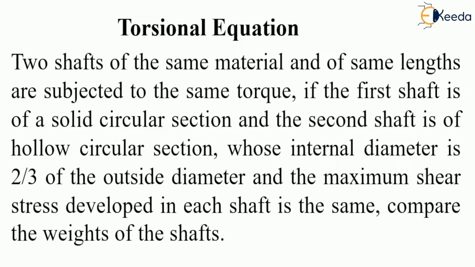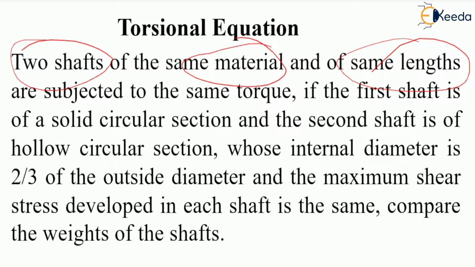So in this question we are given two shafts, one is solid and another is hollow. The same material is there, it means density is same, length is same, and the torque applied is also same for both the shafts. The internal dia of the hollow shaft is 2/3 of the